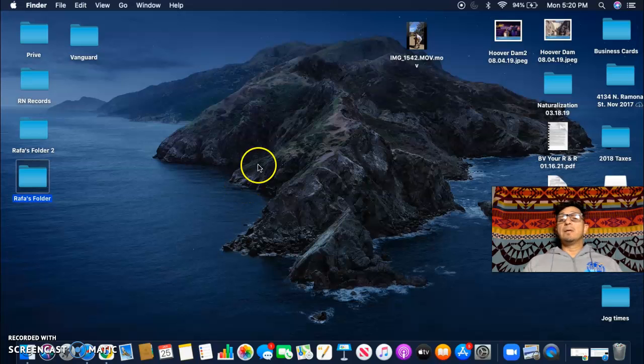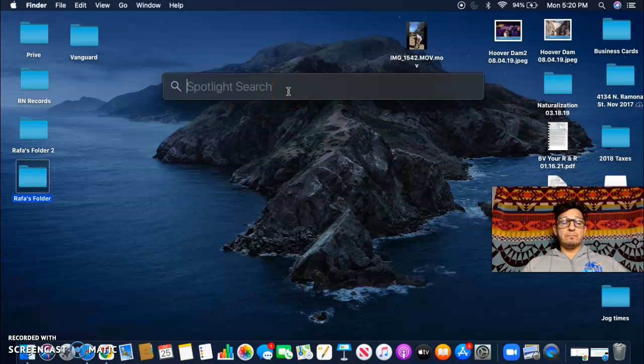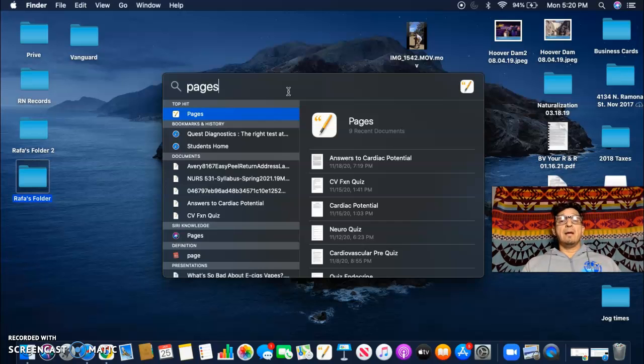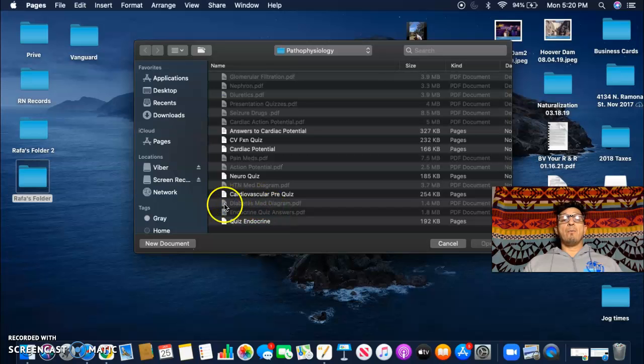Maybe Pages. Let's see. Now, I don't know where Pages is, but if I wanted to look for an app, remember I can go to this magnifying glass up here, Spotlight search. Okay, click on it, and then type Pages here. And there is an icon for Pages right over here, top hit. If I double click it, you see the bouncing icon down here telling you that Pages is about to open. Then it opens up in here,